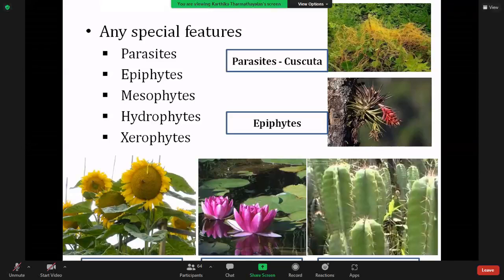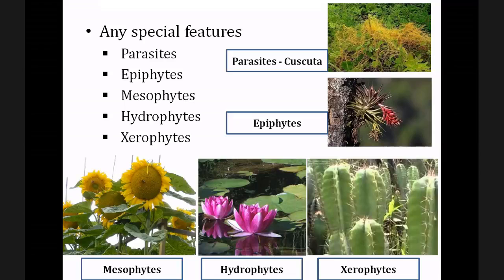They can absorb the moisture and the nutrients from the environment, not from the host plant. For their living they absorb the nutrients from the environment, so they have some modifications. We will study what those modifications are in the next slide.